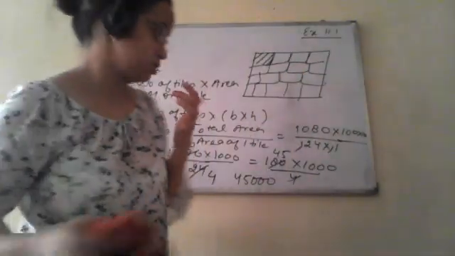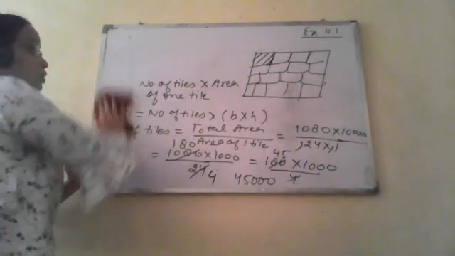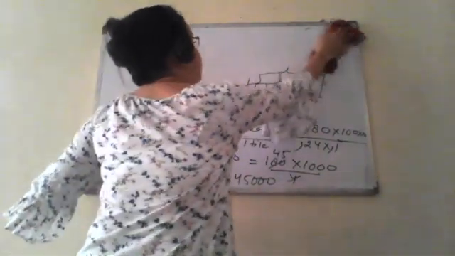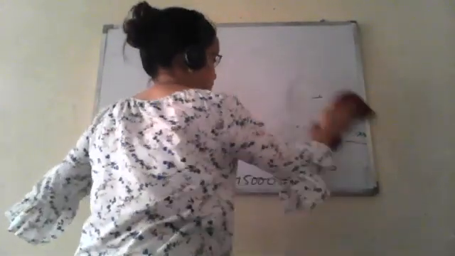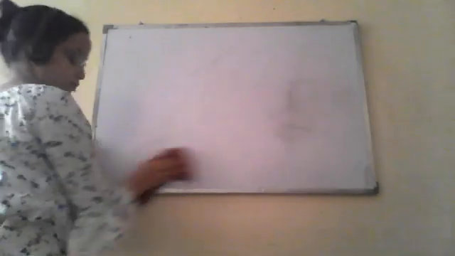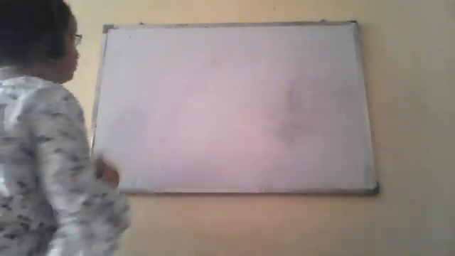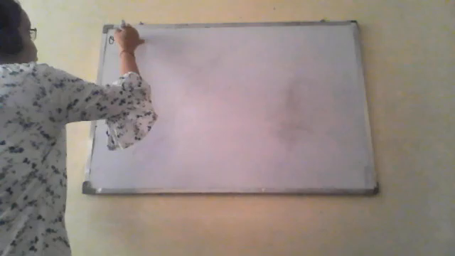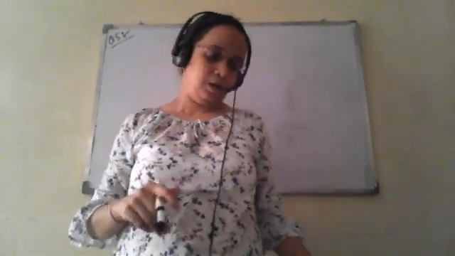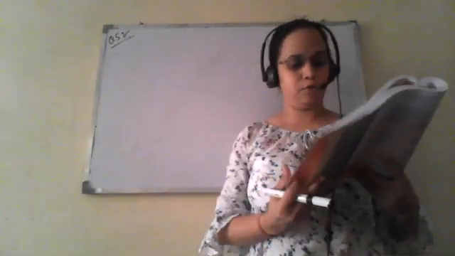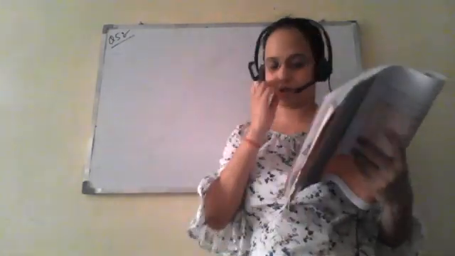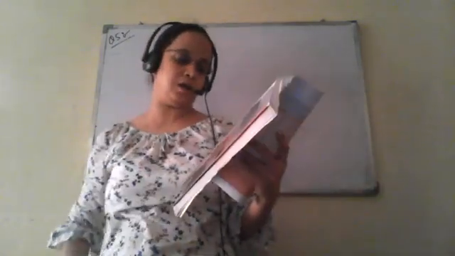Now next question. Question number 5. So what is question number 5 saying? An ant is moving around a few food pieces of different shapes scattered on the floor. For which food piece would the ant have to take a longer round? Remember, the circumference of a circle can be obtained by using the expression C equals 2 pi r, where r is the radius of the circle.